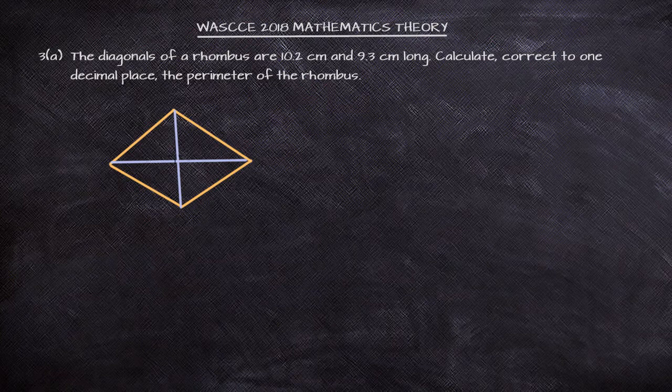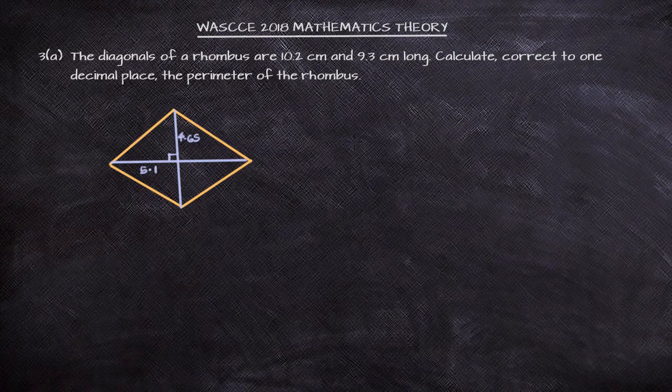So here, instead of having 10.2 centimeters, half of this diagonal will be 5.1 centimeters, and the other one will be 9.3 divided by 2, 4.65 centimeters. Looking at this diagram, we can see that we can get a right angle triangle out of the rhombus as one side of the rhombus. If you are to draw that out,